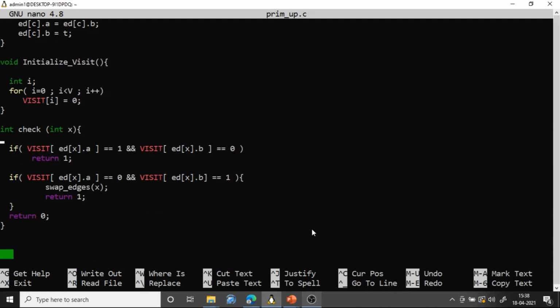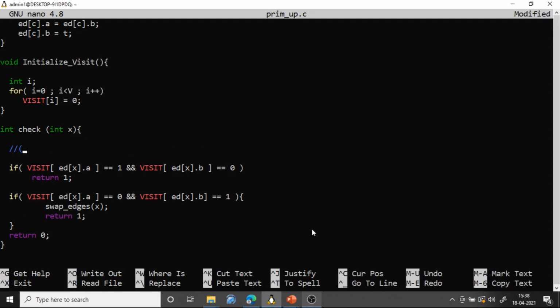Okay, and this is the function to check and to make sure that we are able to identify an edge such a way that the starting vertex is visited. I mean, the starting edge is nothing but a starting vertex and ending vertex. Okay, so this is used to identify such an edge u comma v, where u is visited and v is not visited. Okay, we have to identify such an edge where u is visited and v is not visited. So if we pass some x where x represents the edge number.